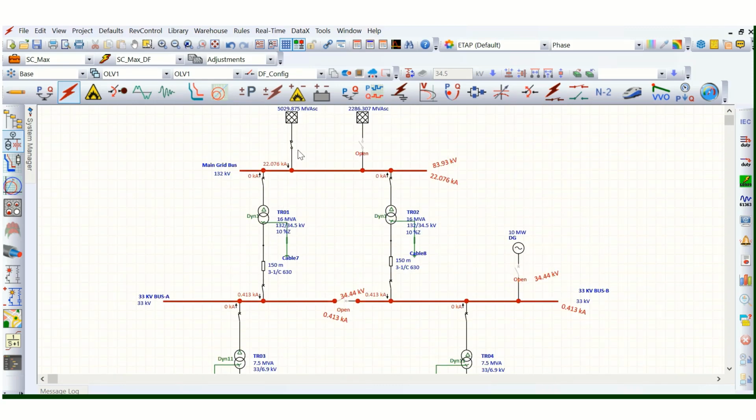Okay, now if we talk about the extra high voltage system, let's say at 400 kV or 765 kV system, there again it will be a solidly grounded system. We should not use the resistance or reactance grounding system at EHV level, that means 400 kV system level,